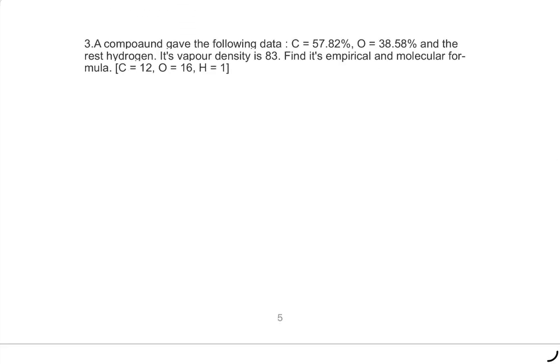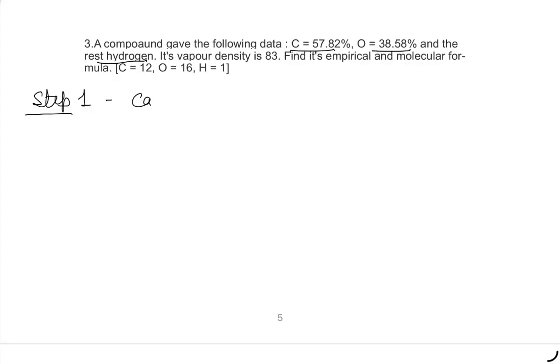Now look at this question. Here the percentages are given and the rest is hydrogen. Again, they are asking for the empirical and molecular formula, and the vapor density is given. Instead of giving the molecular weight, they have given the vapor density. So we can calculate the molecular weight, but that is in the next step. My step 1 is here